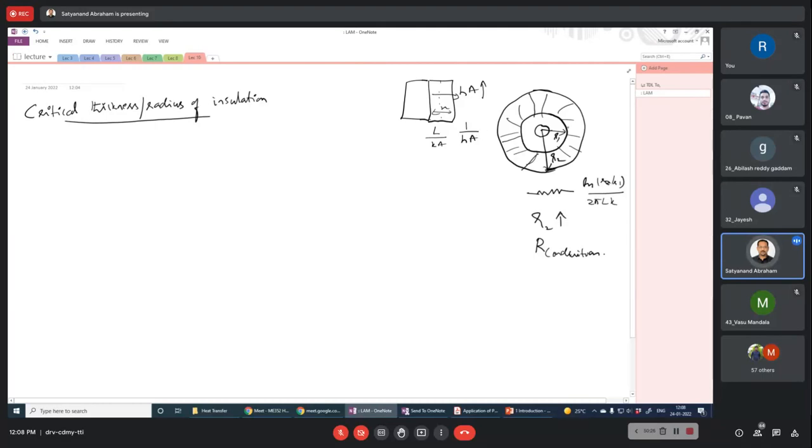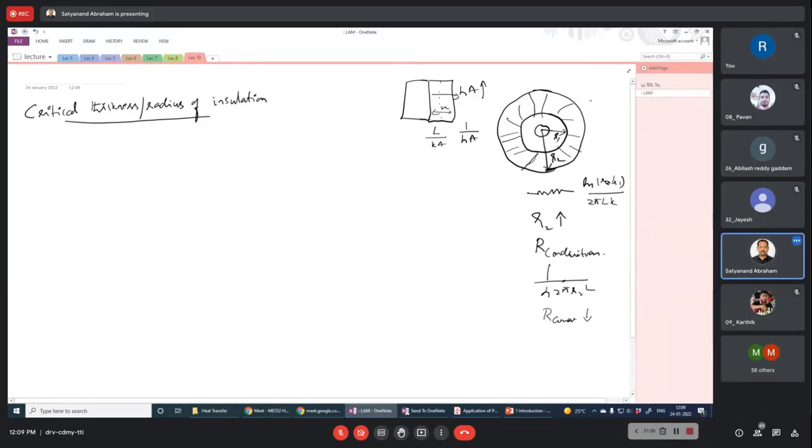But in the radial system, you tell me now, if I increase the radius, will the convection resistance increase or decrease? It is 1 by h into 2πR2L. If I increase it, it will decrease. Decrease, sir. So here we can see that the Q convection is going to decrease. Therefore, simply increasing the radius of the system will not actually reduce